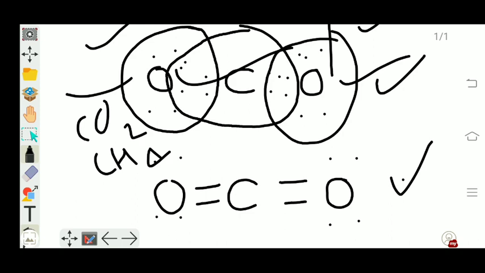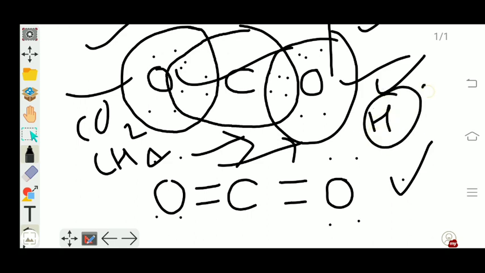You can write the dot structure or representation of other molecules on the basis of this concept by taking the valence electrons and their octet rule. The octet rule is followed by all atoms, but only hydrogen follows the duplet rule. Remember this one thing: only hydrogen follows the duplet rule.